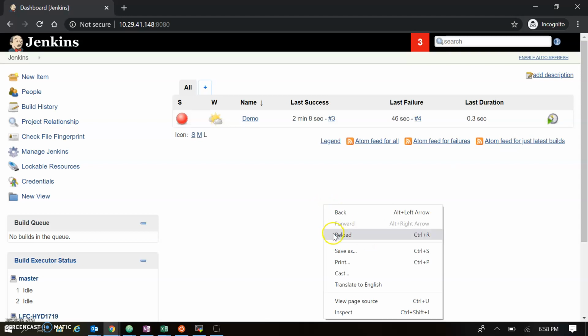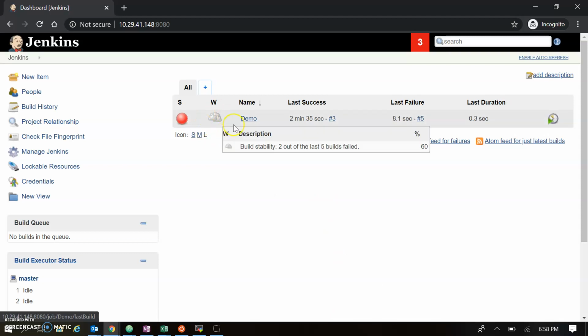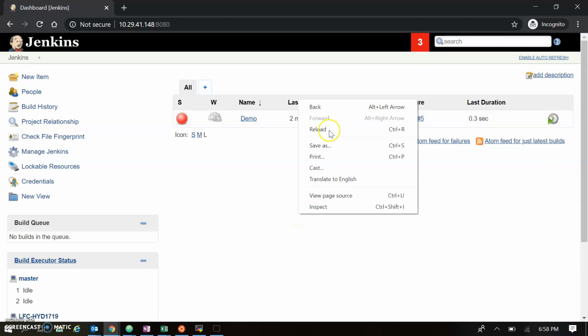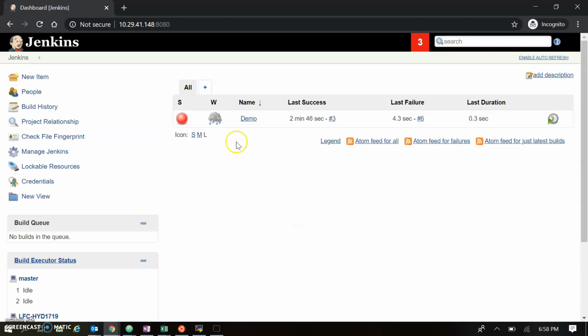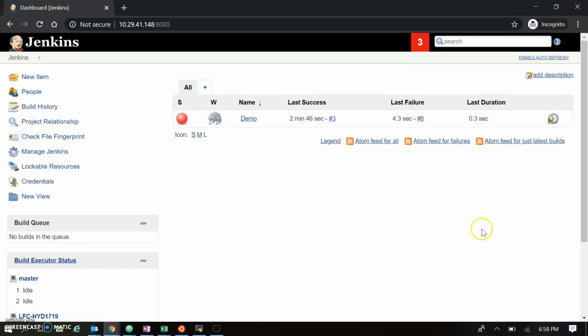Let me refresh. Okay, so now the icon changed. It's now more cloudy, and it's time for more change in the weather. It could be that the rain has started. Let's trigger one more time.